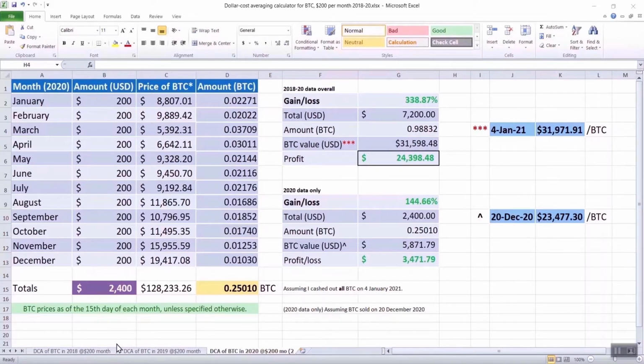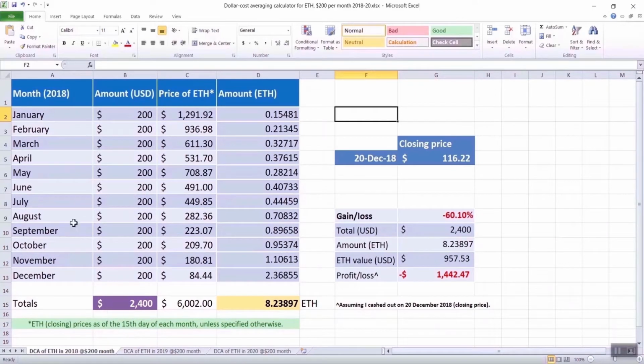Now, moving on to Ethereum and jumping back to 2018, just like Bitcoin, it started the year very strongly as it was tapering off from the major drop of that huge bull run in late 2017. A clear distinction here: the price of ETH dropped a lot lower than Bitcoin. So as a result, towards the end of the year, adopting the DCA strategy, you managed to purchase a lot more ETH at the end as opposed to the beginning by a significant margin. And that could be useful if you held on to it.